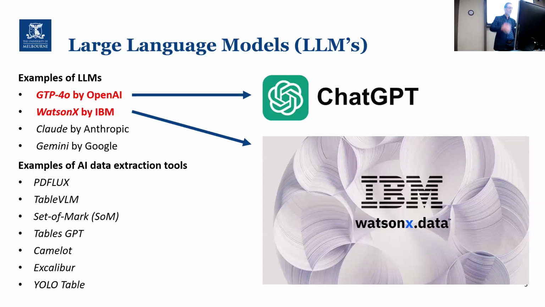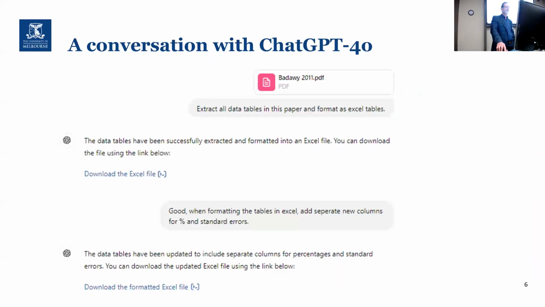We've been working with ChatGPT 4.0, where most of the work has been done. Recently, we've been talking to representatives from IBM Australia about using their AI tool called Watson X, and we're hoping to start some experimental work with that soon. There's plenty of AI data extraction tools that claim to be able to pull tables out of PDFs, and we've had a diversity of experience trying to get them to reproduce tables that can be plugged into statistics packages.